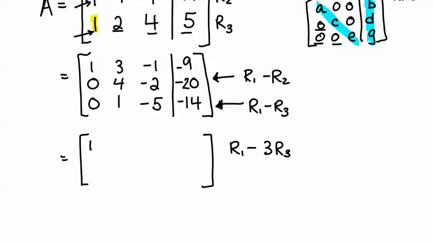So I got 1 because row 1 is 1 and 3 times 0 is still going to be 0, so that stays a 1. Then this number right here, 3 minus 3 times 1 is going to be 0. Then I go negative 1 because I'm doing row 1 minus 3 row 3. Okay, so negative 1 minus 3 times negative 5 would be 14. And negative 9 minus 3 times negative 14 will be